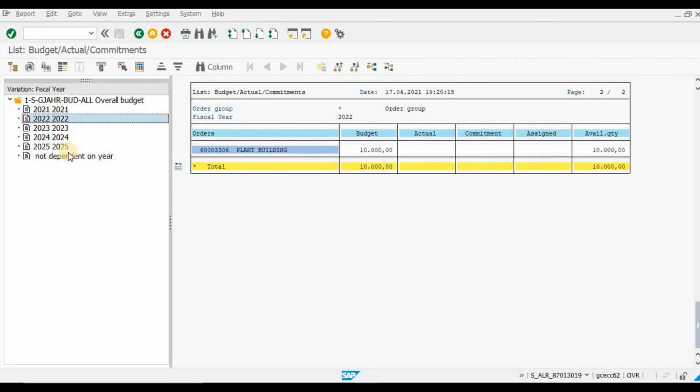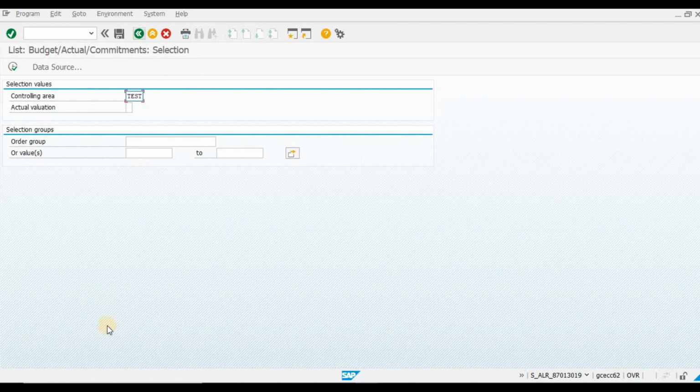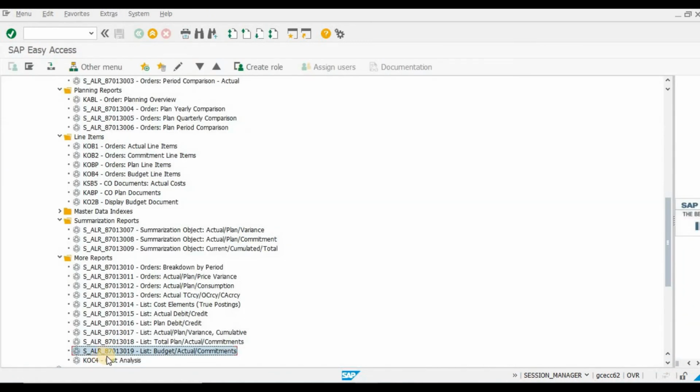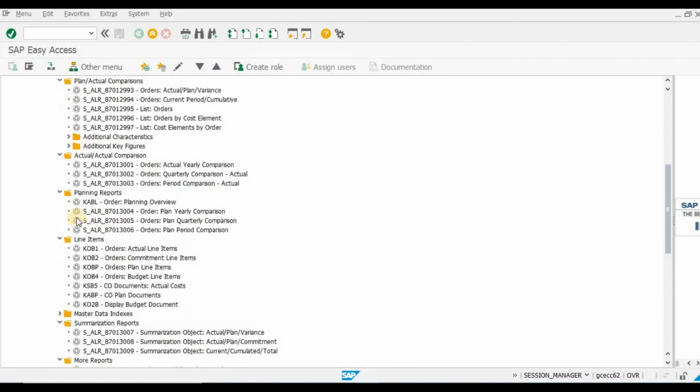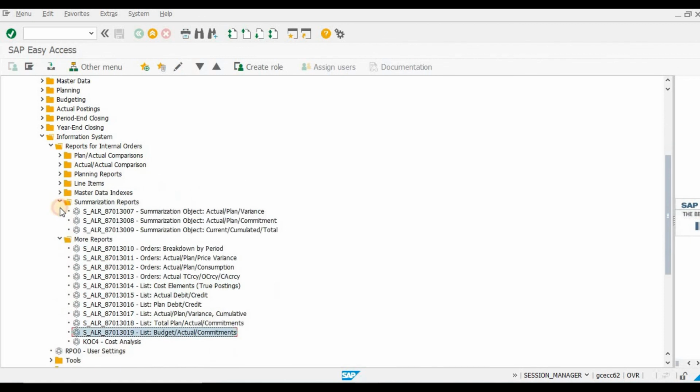So this is 2022. You can see a report in this T code S_ALR_87013019. Now close it.